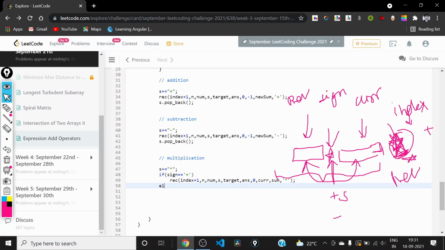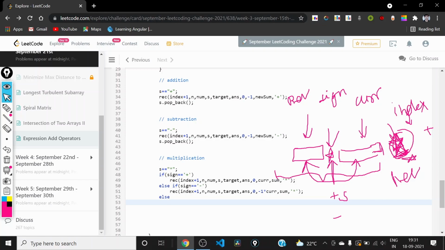Similarly, if the sign was negative, then the previous will be equal to -1 into current, and these quantities will stay the same. And just in case the sign was multiplication, we can also use else, because there will be only three possibilities of operators.